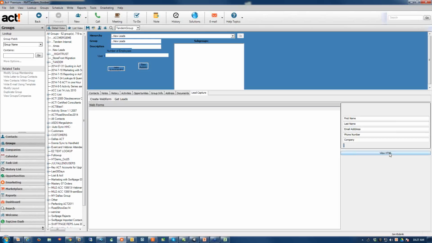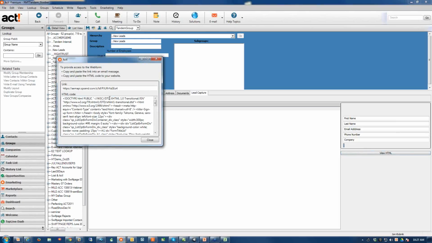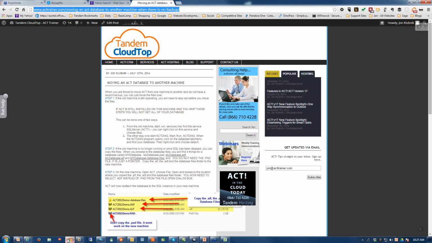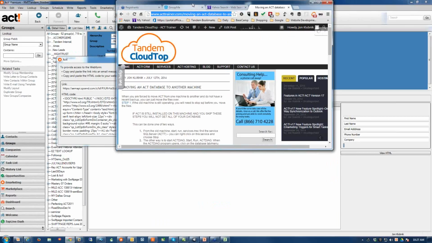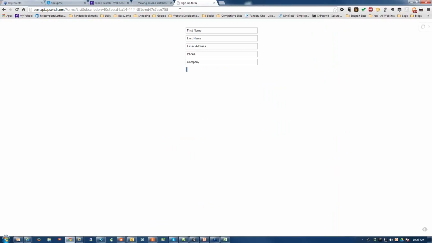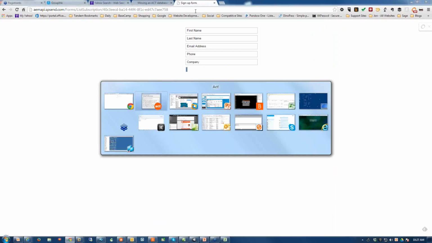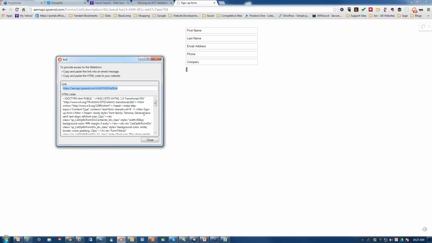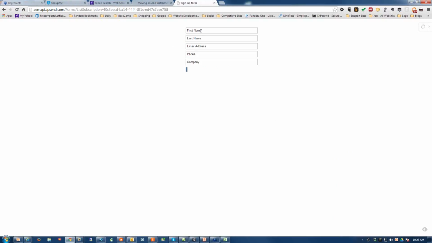If I choose View HTML, I can either get a link, which is this page here. So for example, if I just take that link and paste it into a browser, there's my web form. Now I also could take this code inside of here and paste that into my website so it looks a little bit better than this, but there you go. So now if I want to, I can go